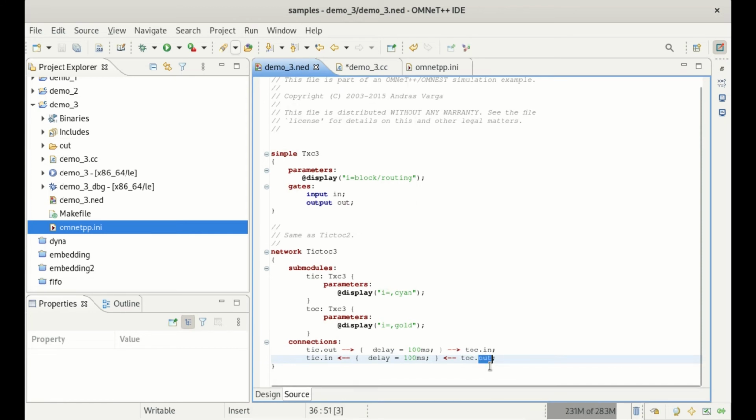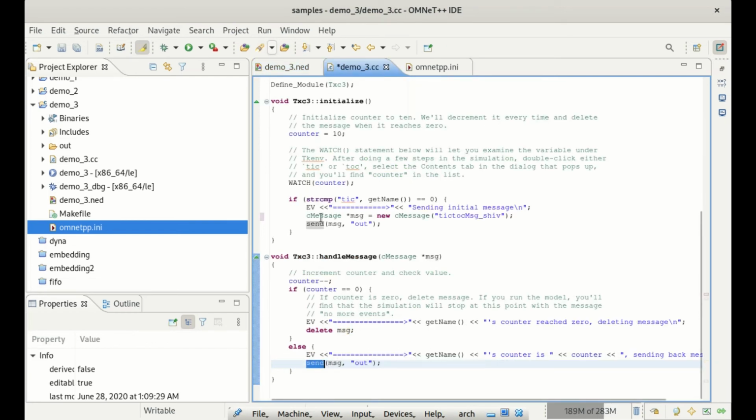So the out gate will send the message to the tick in gate with a delay of 100 ms. Okay guys, so this handleMessage will further execute and will continuously decrement the counter and check accordingly as per the logic. Okay guys, so this send message